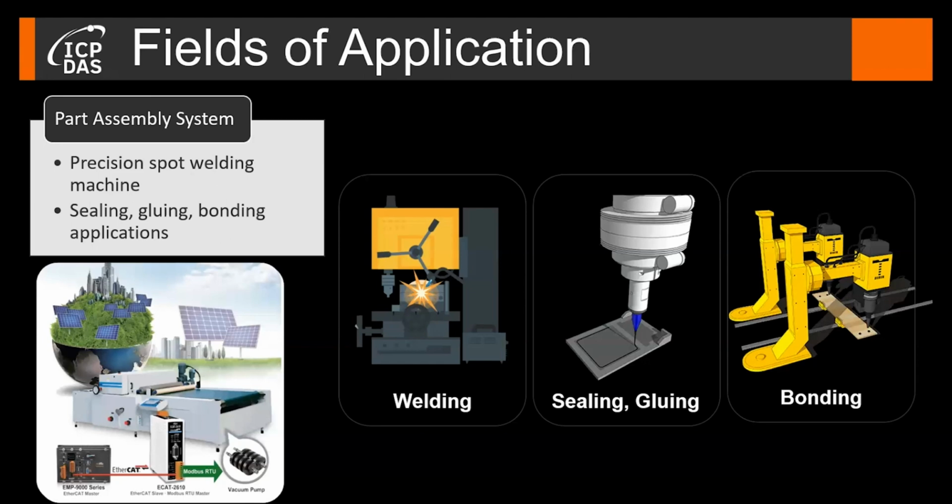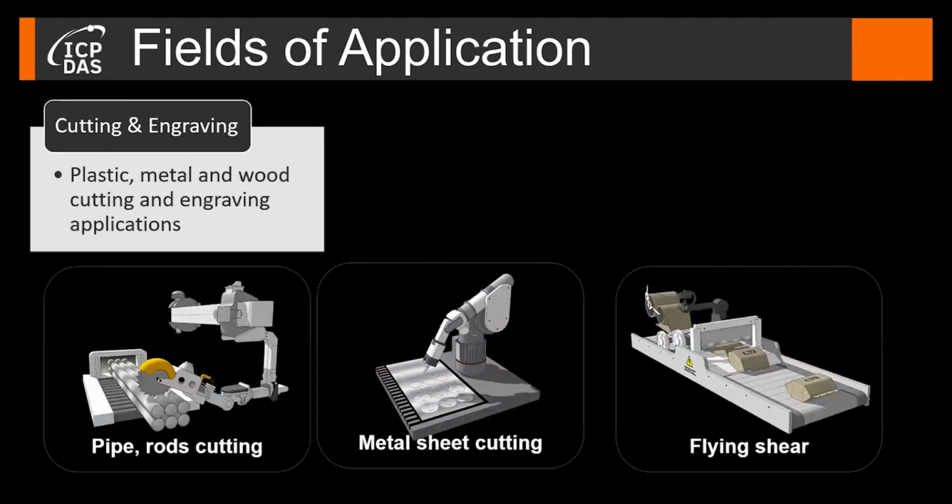For example, ICP-DAS provided some customized motion control functions which simplified the integration process. But in general, ICP-DAS is ready to add features and functionality to our products to meet the customer's application-specific needs. Cutting applications in the automation industry have been realized using our controller. For example, high-speed cutting machines that process the workpiece as it moves along the production line to increase production output and efficiency. This type of application requires multi-axis coordinated motion control to synchronously move the cutting tool and